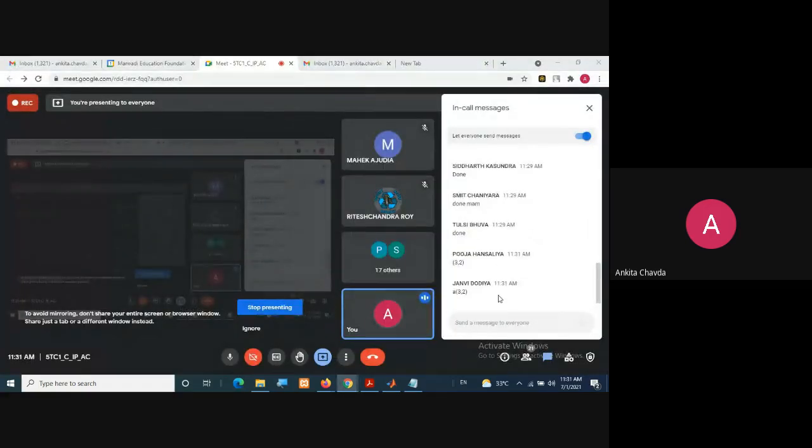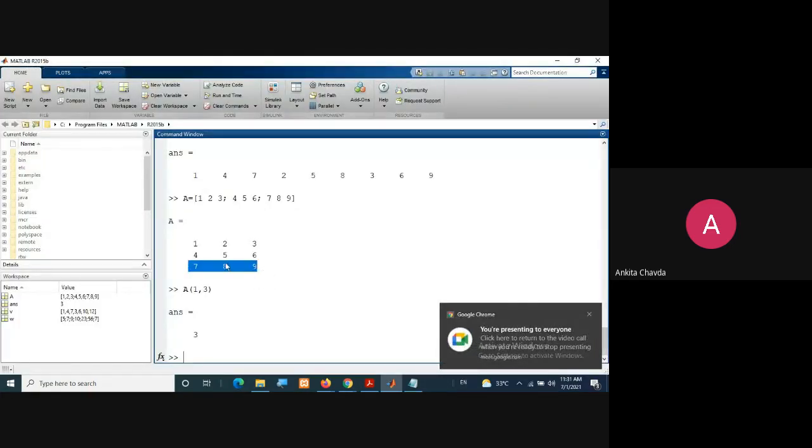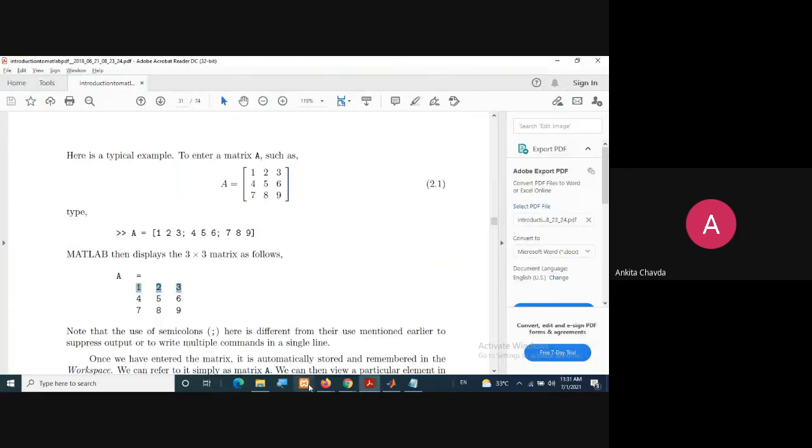It's 3, 2. Okay. Right. Good. It's your third row, but second column. So you will write A of 3, 2. Simple. And you are getting the element. Easy. Okay. Then